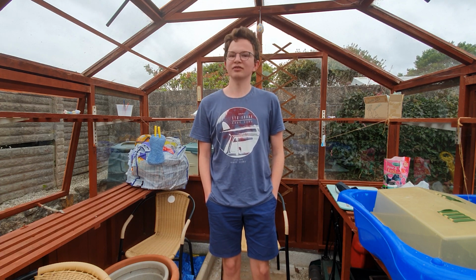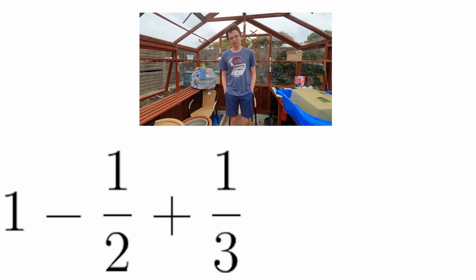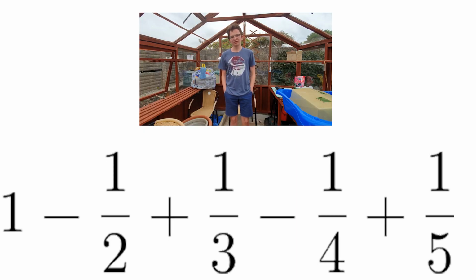And what we're going to do is take them and add the first one, subtract the second, add the third, subtract the fourth. So you get 1 minus a half plus a third minus a quarter plus a fifth, and so on. If we carry on adding and subtracting as we go all the way to infinity, we'll eventually